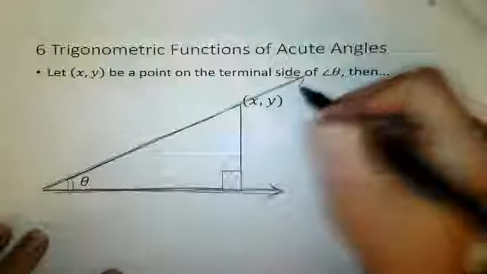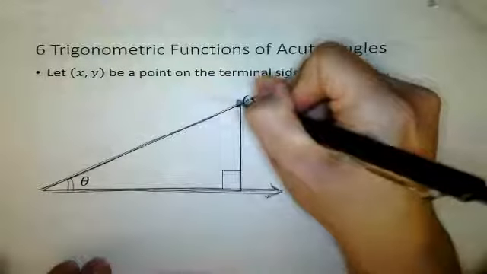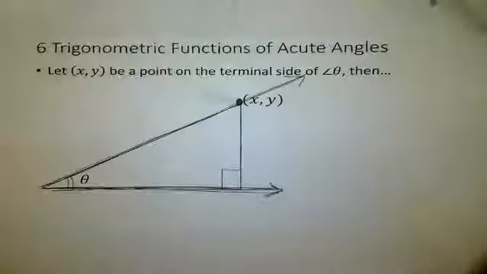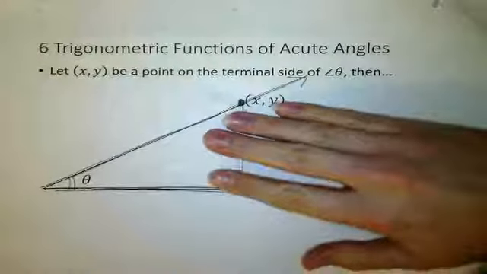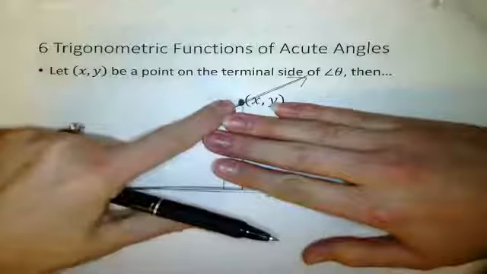And (x, y) is a point on the terminal side of the angle. What's interesting is if that line weren't there, I would have this point on the terminal side, and I could take any angle, put a dot on it for an ordered pair,